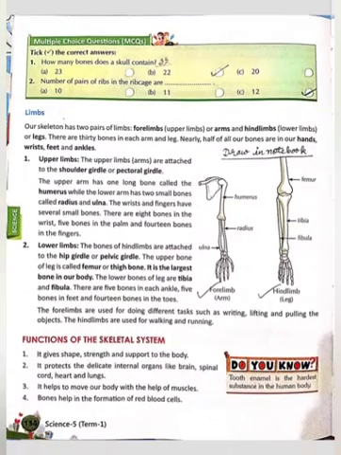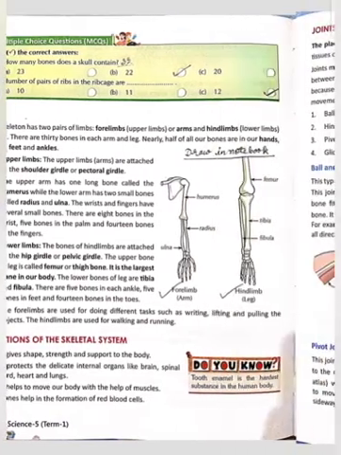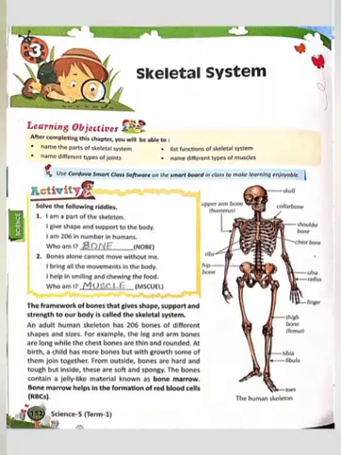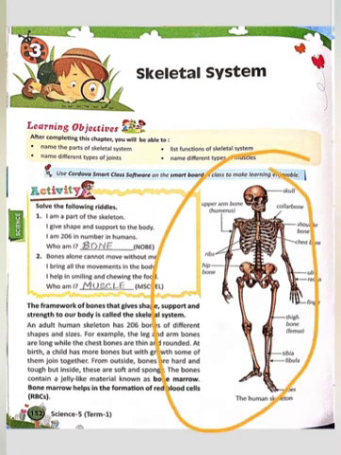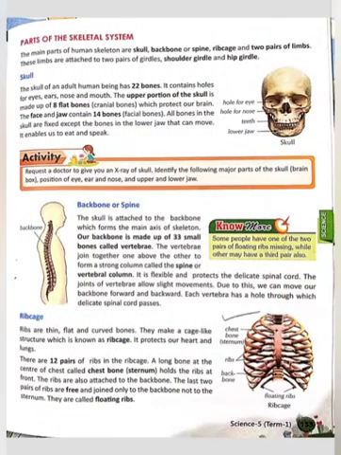So today we will study this much. Revise all the portions. This diagram, you have to just go through this diagram. No need to draw it in the notebook, but just go through it. Then you have to draw the diagram of ribs and skull. Skull, if you don't want to draw, no problem, but ribs you have to draw in the notebook. This you will draw in the notebook.